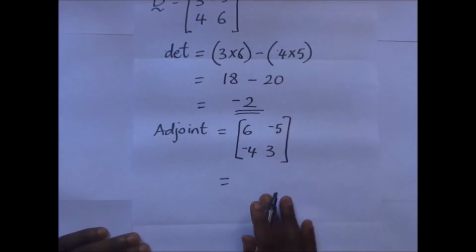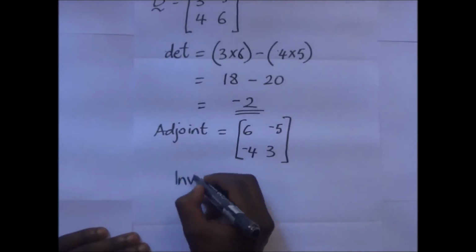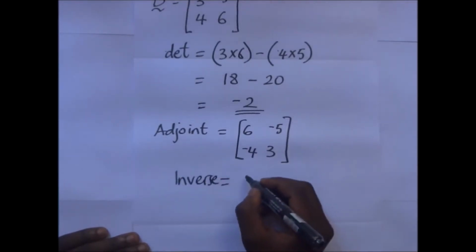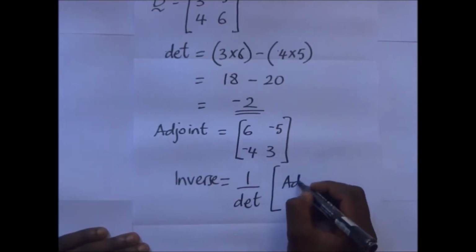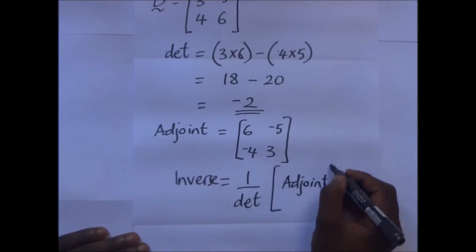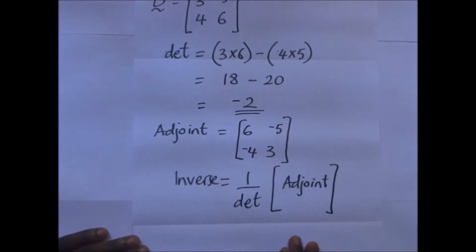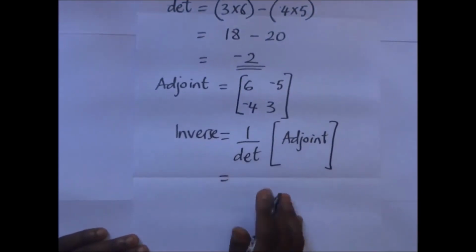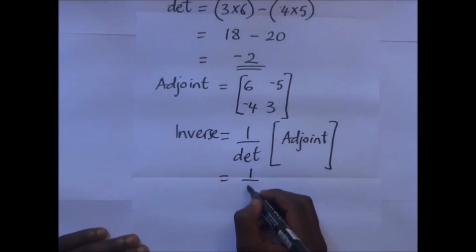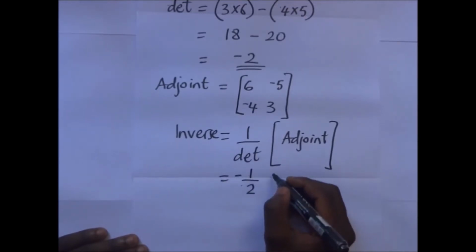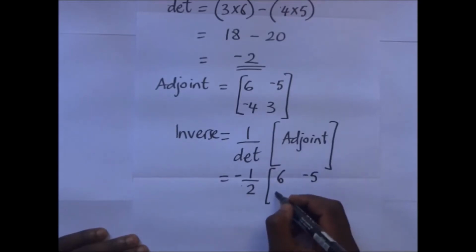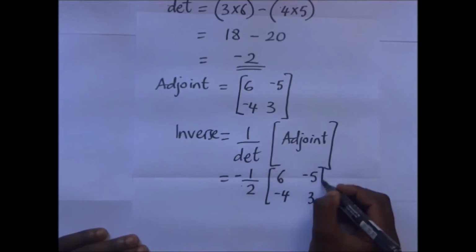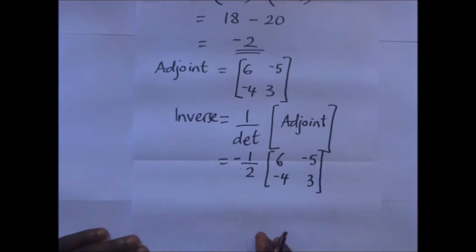So it means that our inverse is going to be equal to 1 over determinant, multiplied by our adjoint. So what we do here, we are going to simply substitute. It's going to become 1 over our determinant, which is -2. So the whole thing is 1 over -2 times our adjoint, which is 6, -5, -4, 3. And then we shall end up as